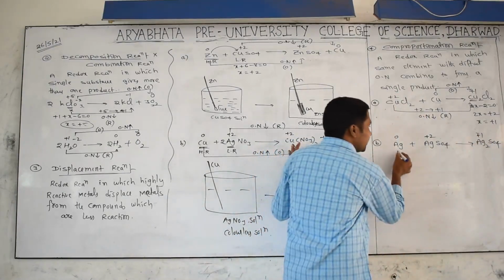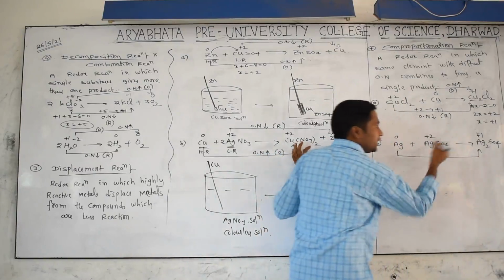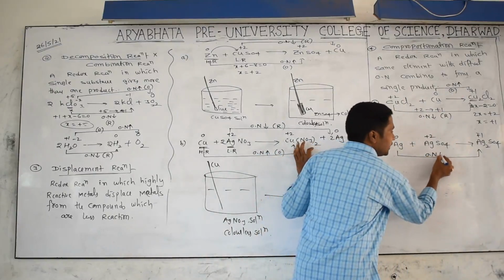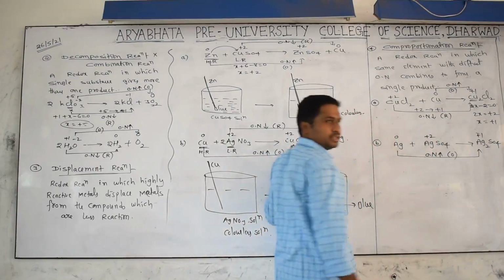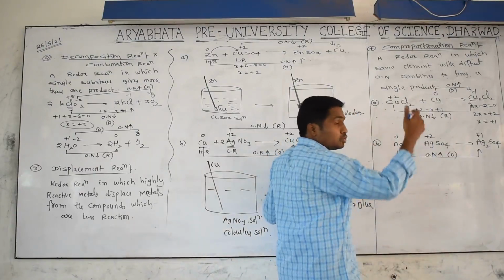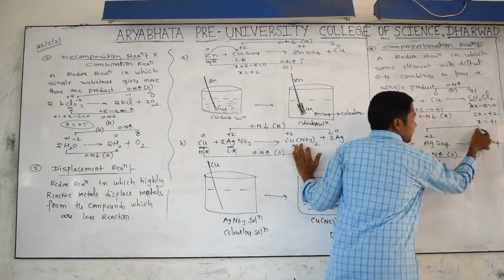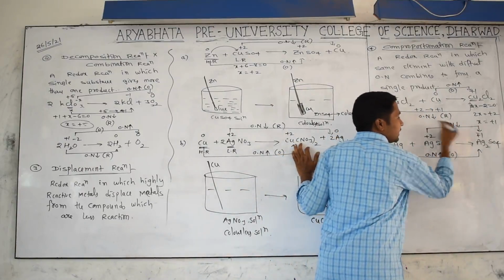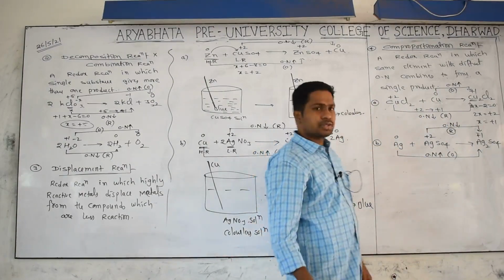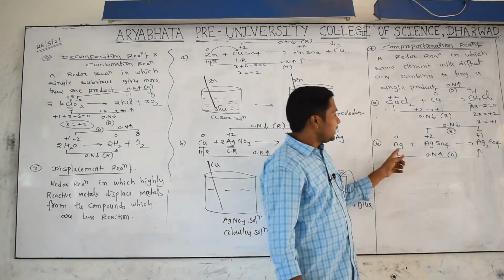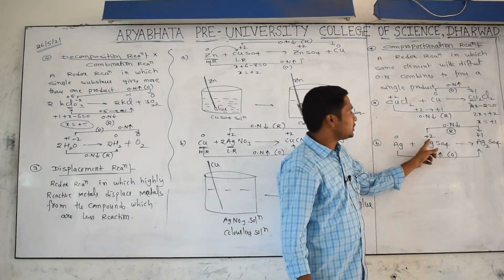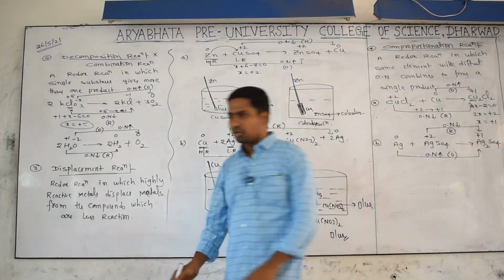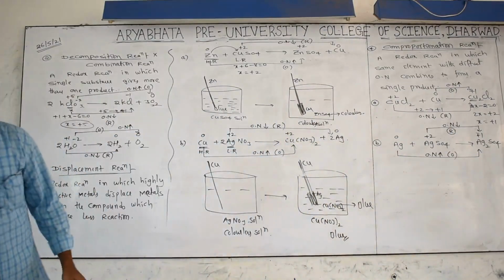Now here, what is happening? Is the oxidation number increasing or decreasing? 0 to +1 means increasing. Oxidation number increasing is called oxidation. Now +2 to +1, higher value to lower value, means the oxidation number is decreasing, that's why it's called reduction. Yes, both reduction and oxidation are happening, but here the same element with different oxidation numbers in chemical substances combines together to give a single product, which is called a comproportionation reaction.